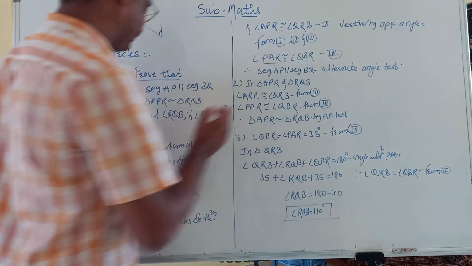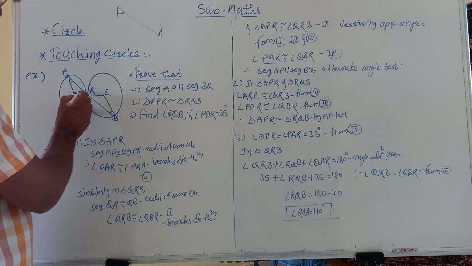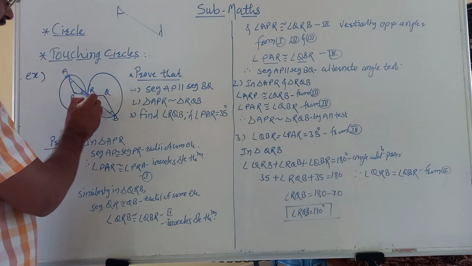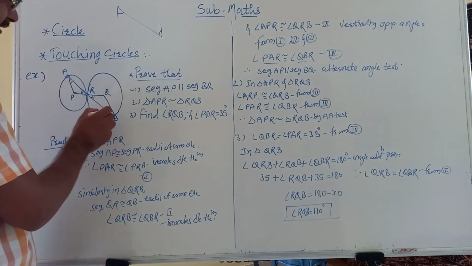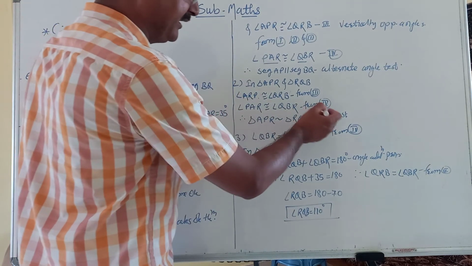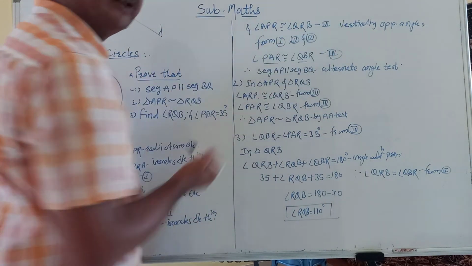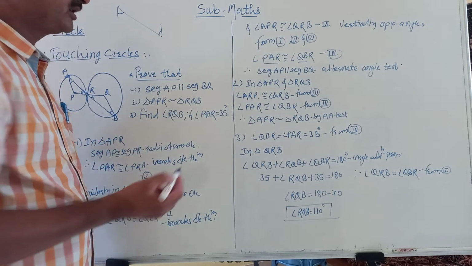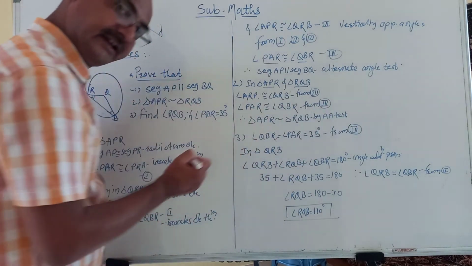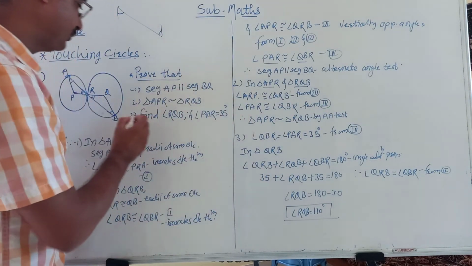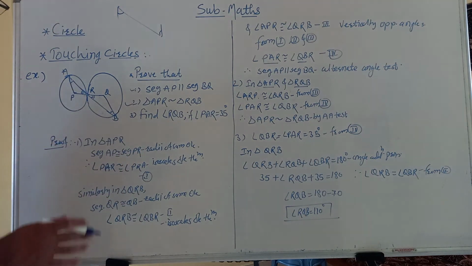Then second one, we have to show these two triangles are similar. That is simple, because in these two triangles we already showed these two angles are congruent, vertically opposite. In first, we showed these two angles are congruent. Then write that from third and fourth. Fourth we showed this one, and third we showed this vertically. Two pairs of angles are congruent. Then we can say these two triangles are similar by the AA test. Now the second proof is also simple. This is an application based example.